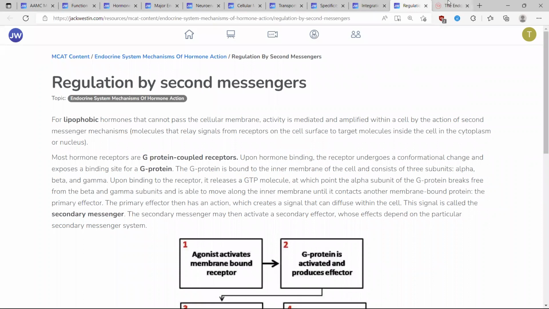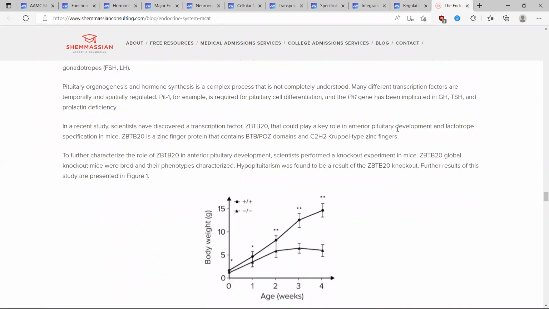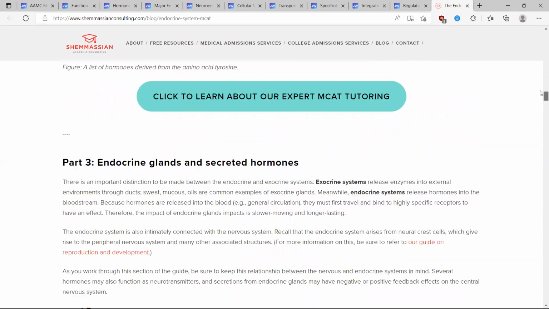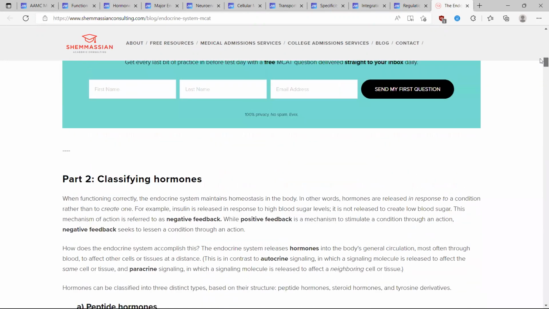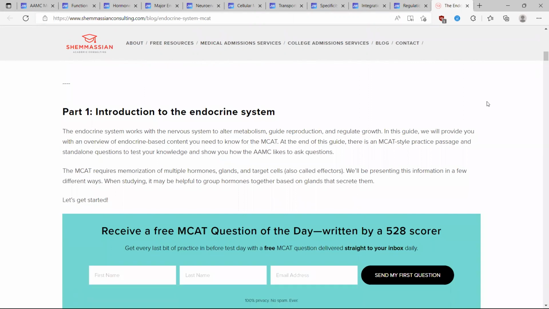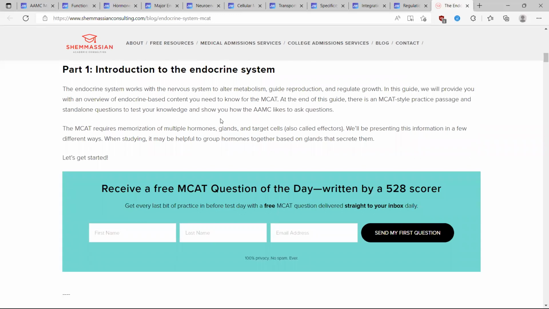So for the MCAT, do you recommend knowing exactly what each hormone, like different mechanisms, how different hormones can affect other hormones? What do you recommend doing for the MCAT? You need to know the